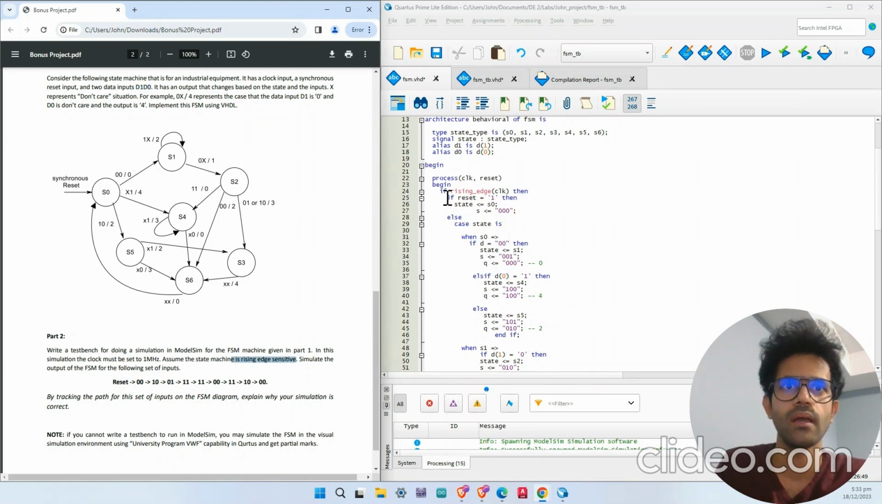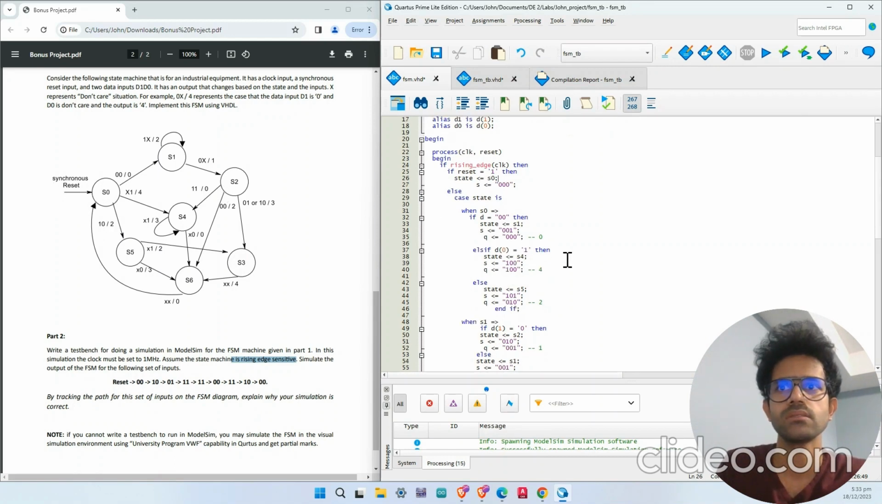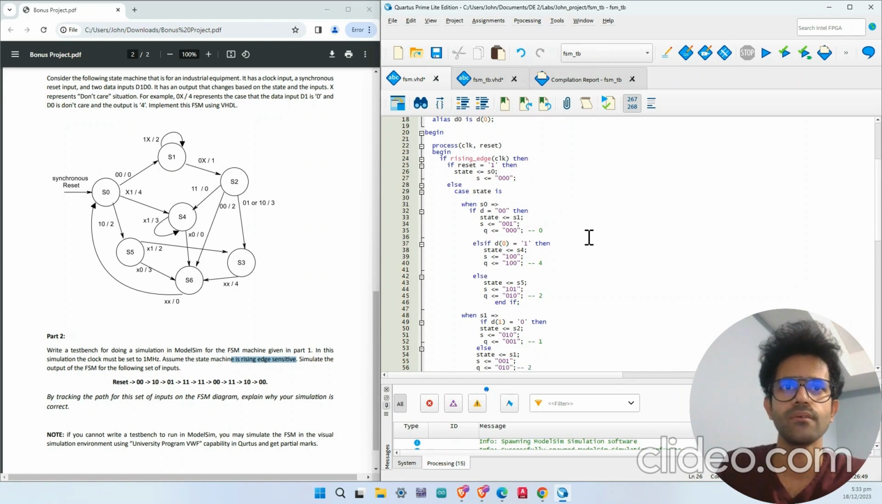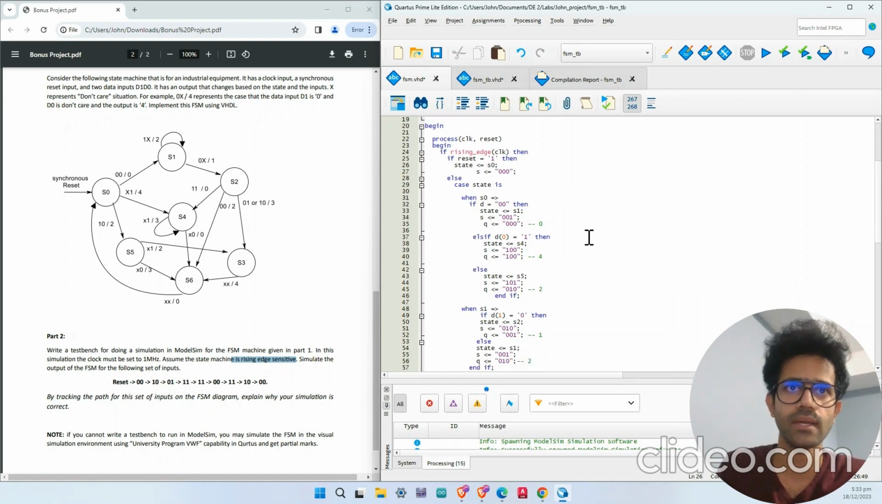So when the rising edge clock comes, it looks if the system is reset. If it's an active high reset, if the reset is high, then it goes to state S0. That's what happens whenever we reset the system. Else, if the reset is not high, that means if there is no reset, we look at how the FSM functions, and we use the case and when